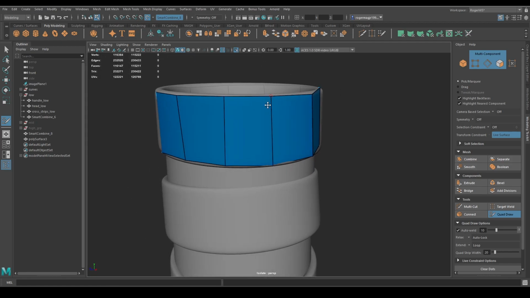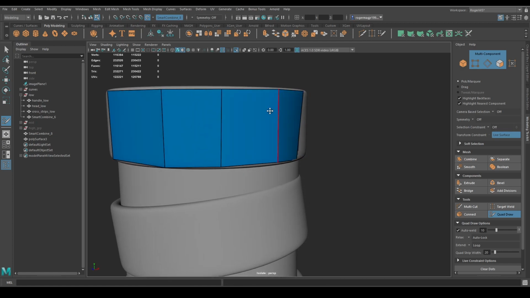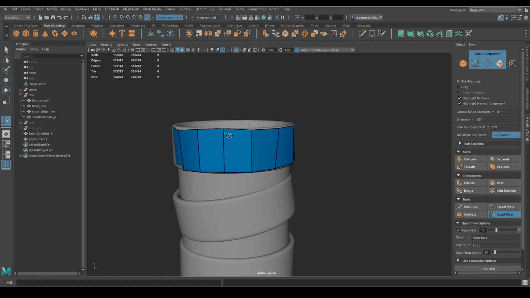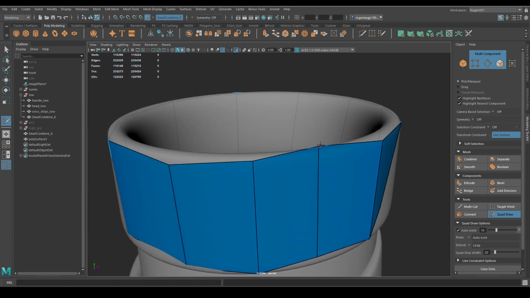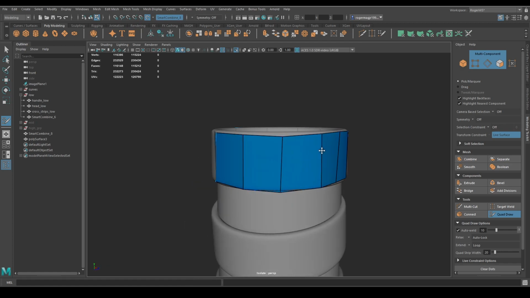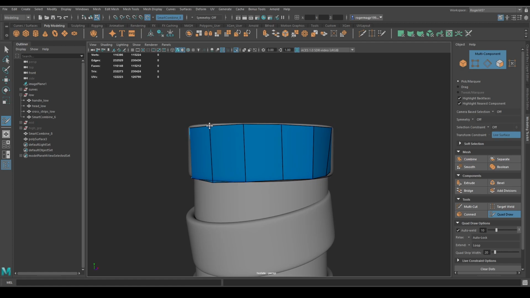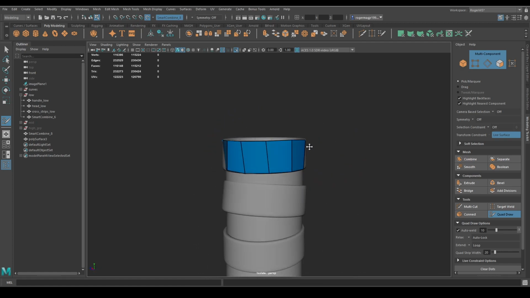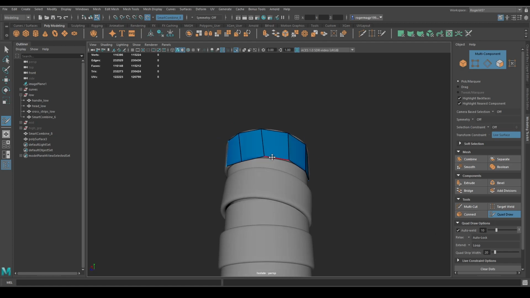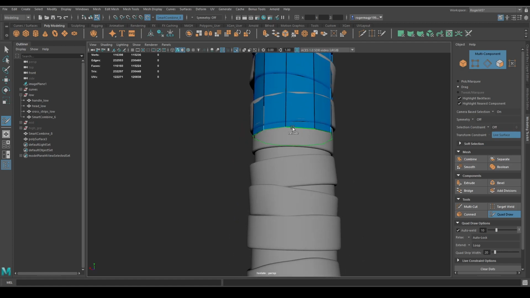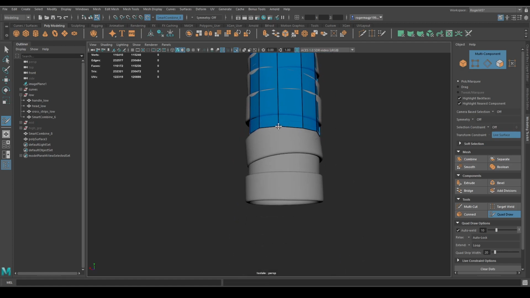Sometimes it's really hard to pick exactly what you want. So I'm trying to click this one just a little bit here. Something like this, and we have a loop. And we click tab, and let's extrude. Tab, and